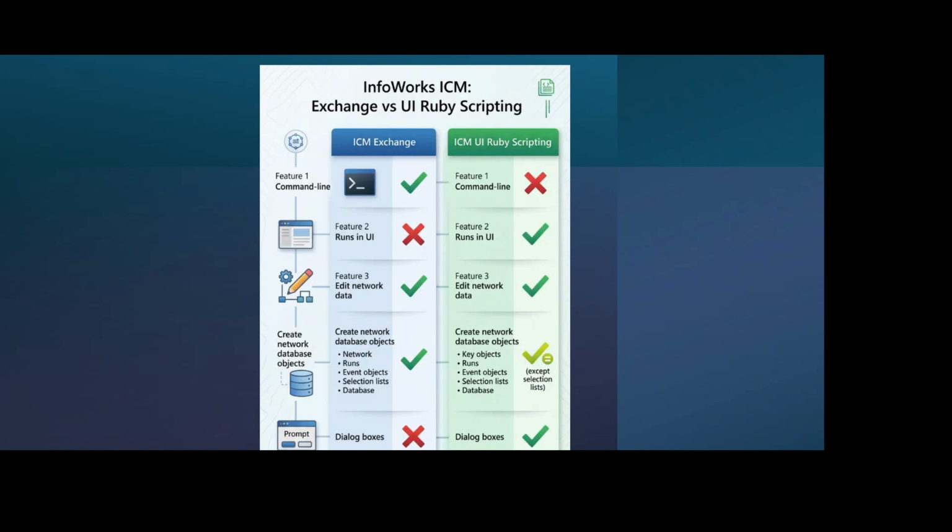So that's sort of like a dialog box popping up, which cannot be done through the ICM Exchange, but it can be done through UI. It's similar to if you have done any coding in VBA or Python, the dialog box comes, press yes or no, or enter a value to continue the code. So yes,